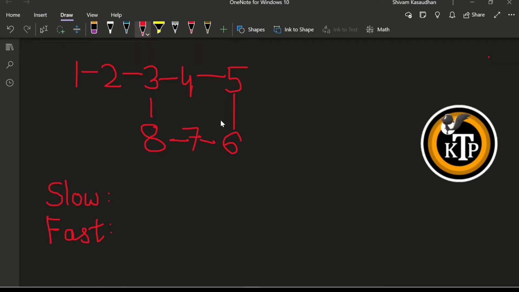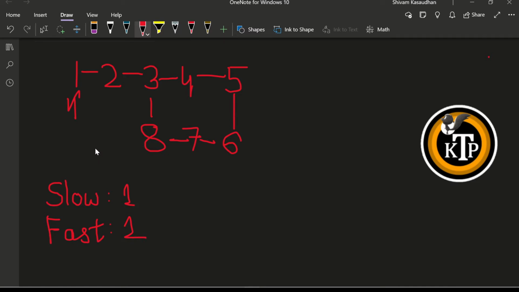So guys, I have taken one example of a linked list in which there is presence of a loop. I will use the same concept of slow and fast pointer that I have used in some of the last videos. If you don't know this concept, I will put the link in the description. You can go and watch it first. Initially, both slow and fast pointer will point to 1. Like slow pointer is also at 1 and fast pointer is also at 1.